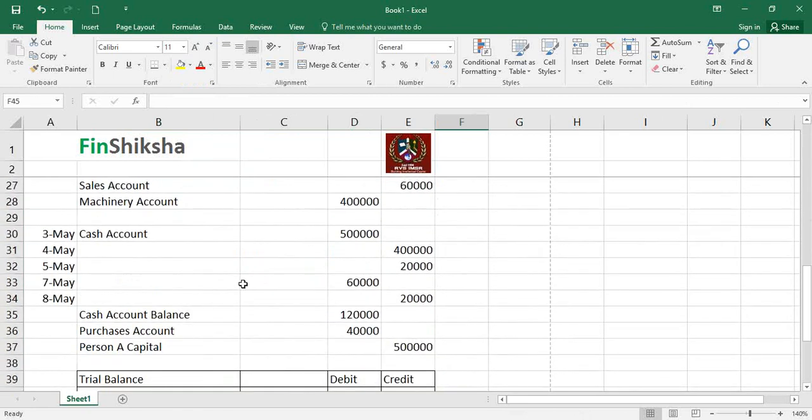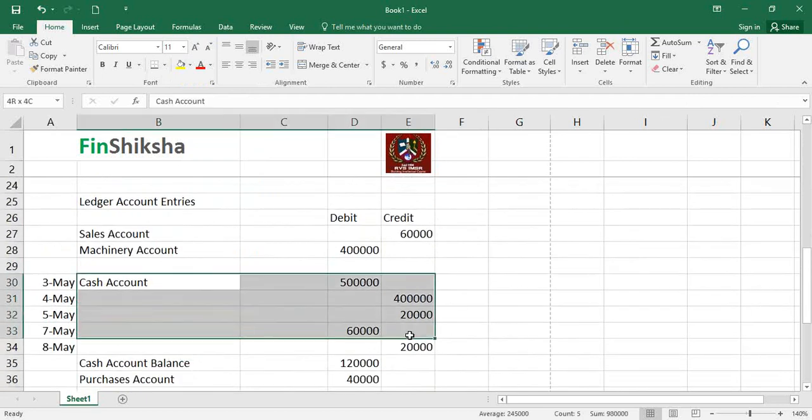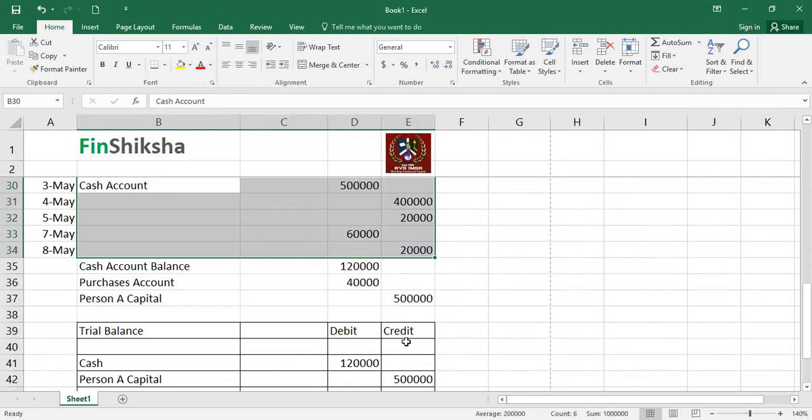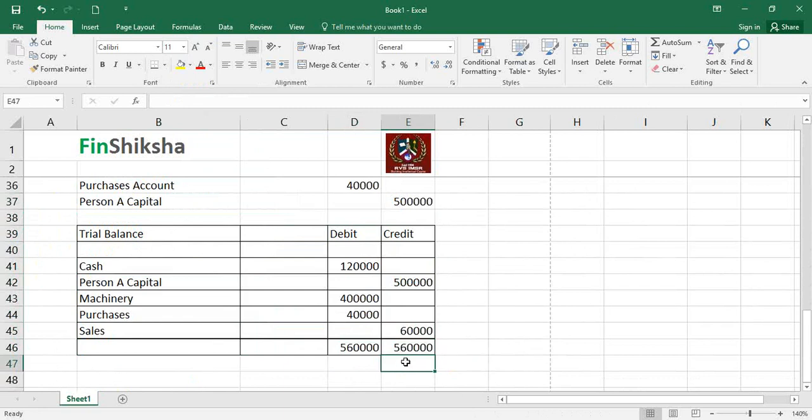Ledger accounts creation here was a simpler process because most of them had single entries with the exception of cash. And then the trial balance where the debits and credits match with each other, right? So that's broadly how we go about working on any such transaction, creating journals, ledgers, and